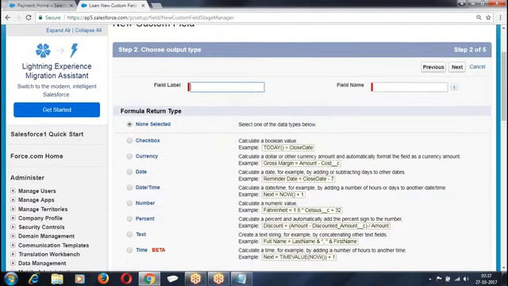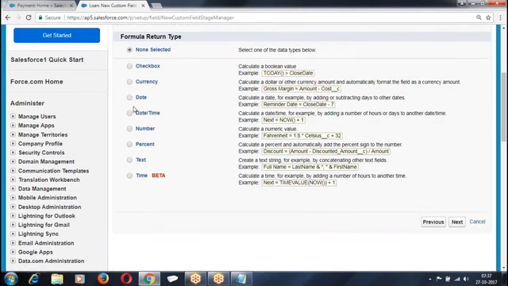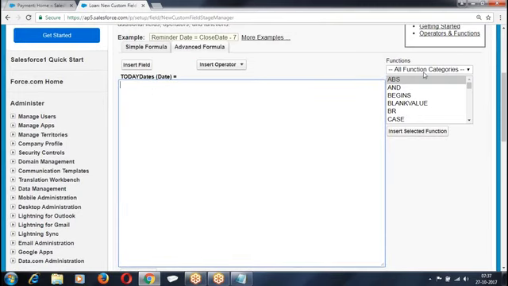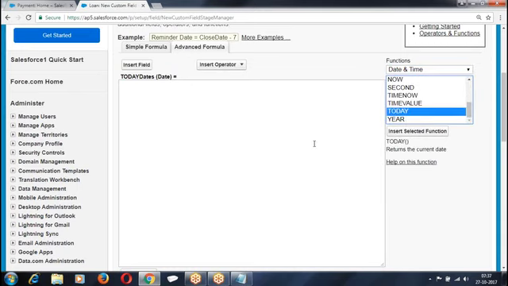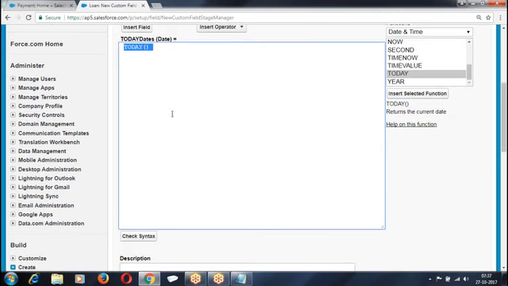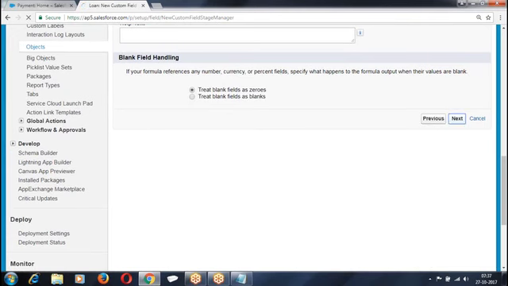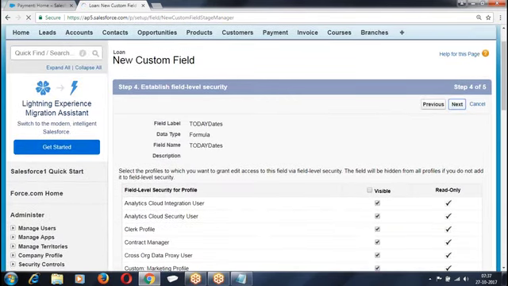Next. You define your own function, saying I'm expecting a date value. Next. Write your own formula here, for example today. Check the syntax. Next. Next.